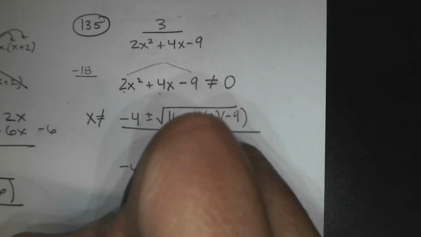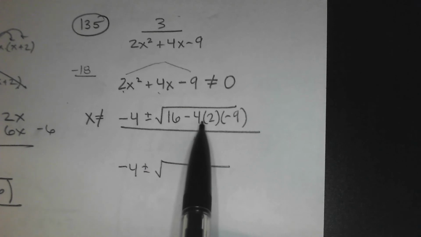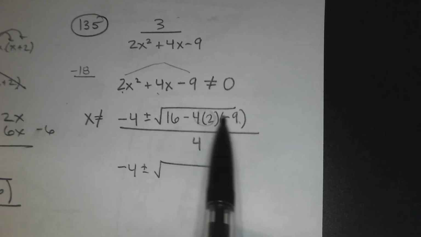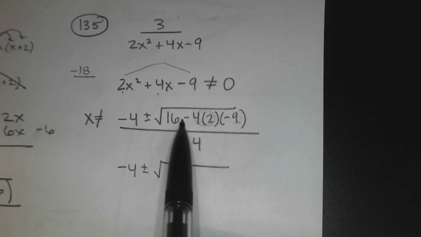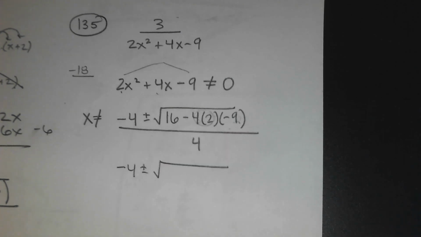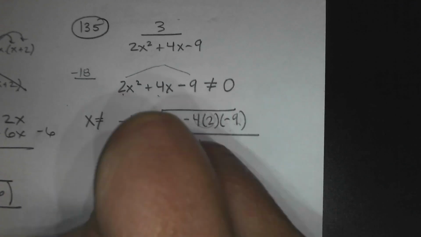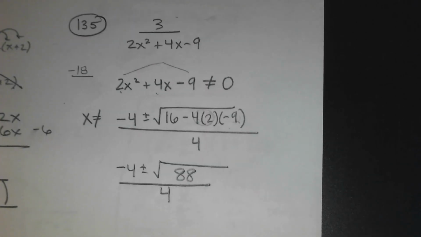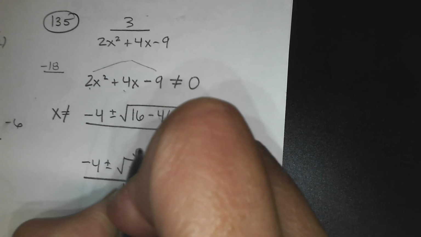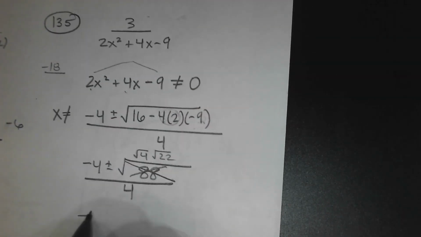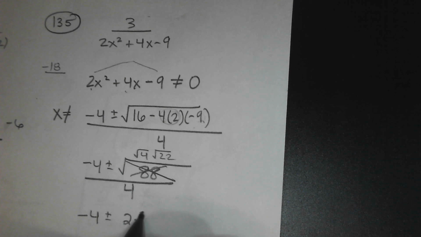So I have negative 4 plus or minus the square root of, now this is 8 times 9 is 72, so that's a plus 72 because there's 2 negatives. 16 plus 72, 88 over 4. 88 can be reduced into root 4, root 22, yes? So that's going to be negative 4 plus or minus 2 root 22